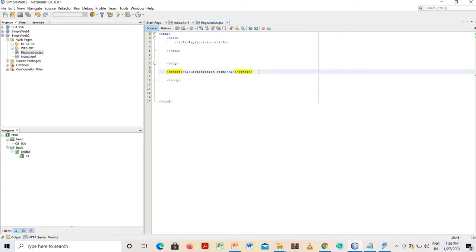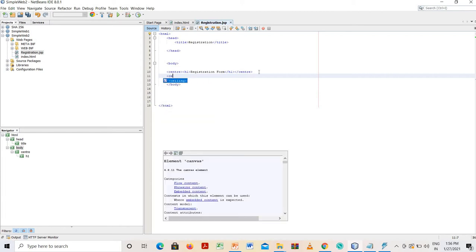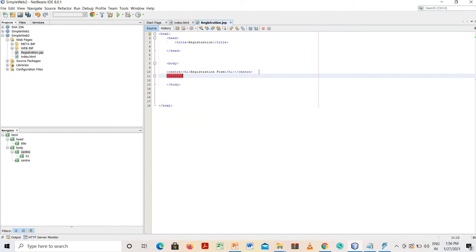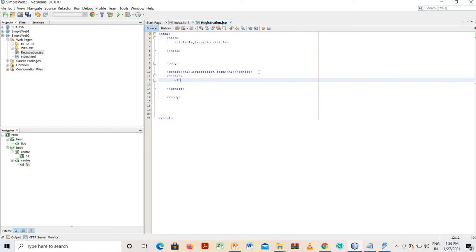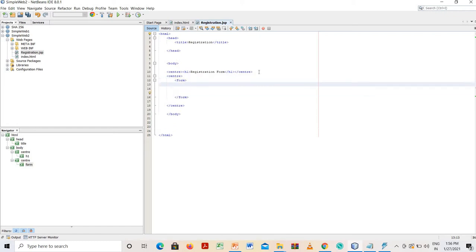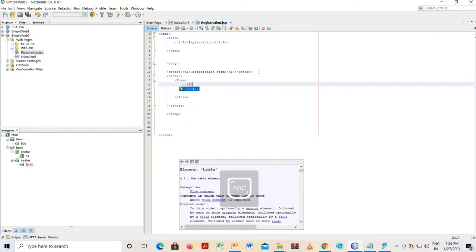Inside this registration form I want to have one form. So again in the center tag I want to design the form, so there is a form tag. Inside this form tag there is one table tag. Why table tag?